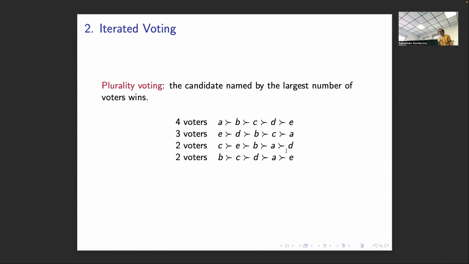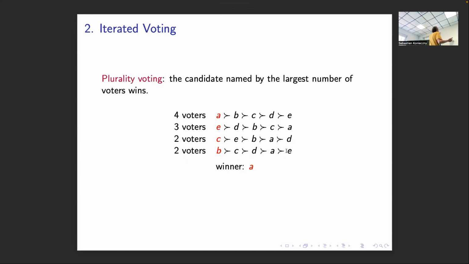And so suppose we use plurality voting, okay, which is the simplest voting rule after dictatorship. So what happens here? Well, the winner is A, right? Because A gets 4 votes and the other ones get less, okay? So winner is A. Is that good, by the way? Is A a good winner? Well, not that much. You see, everybody ranks A within the last 2 positions. So A wins, but it's not very good.